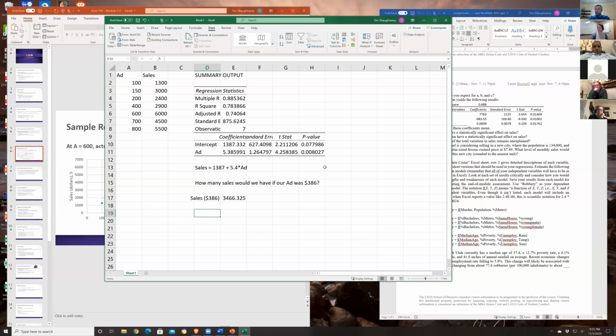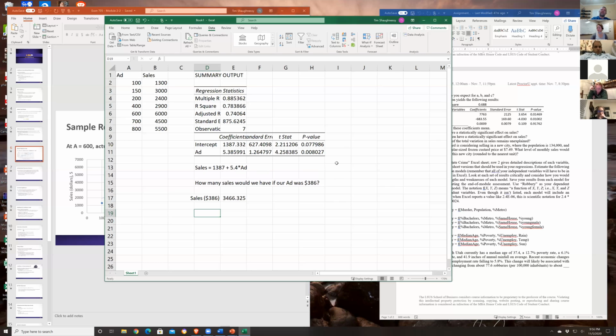If you've included a variable that you think is important, it might show up as insignificant. It might even have a coefficient that ends up being the wrong sign. And even worse, it might have the wrong sign and be significant. So it would be pretty weird if we ran a regression like this and found out that the advertising coefficient was negative and significant, because that would imply that